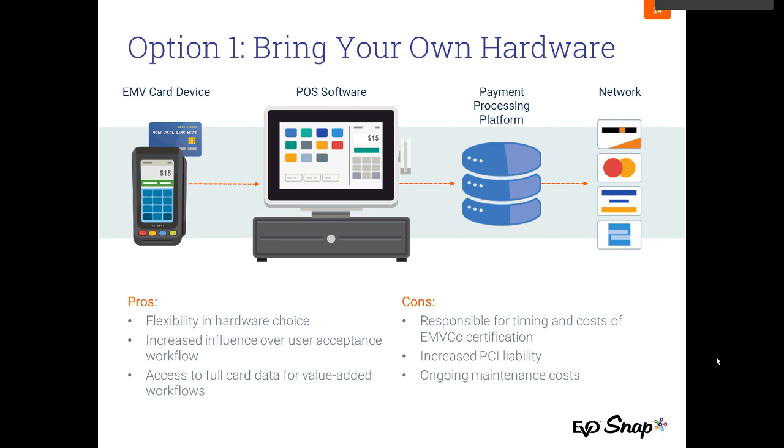We can support this. Some of the advantages: it gives you flexibility, gives your merchants more flexible choices to pick from, and you have access to that full card data. It's important to note that EMV data is not an encrypted option. EMV data is sent in the clear typically unless you are incorporating a point-to-point encryption service directly with your terminal, your software